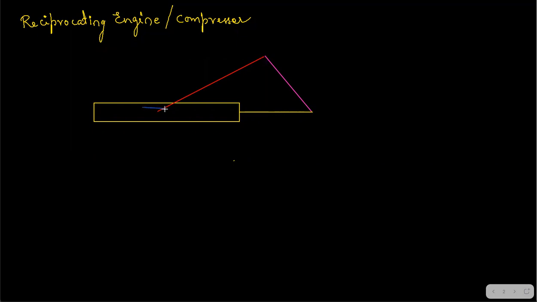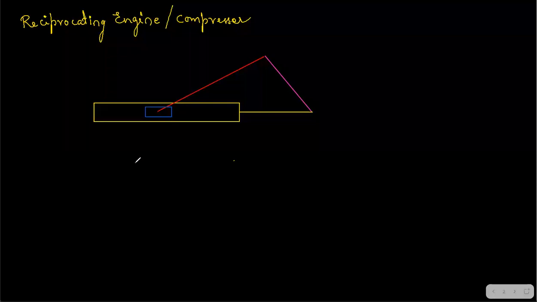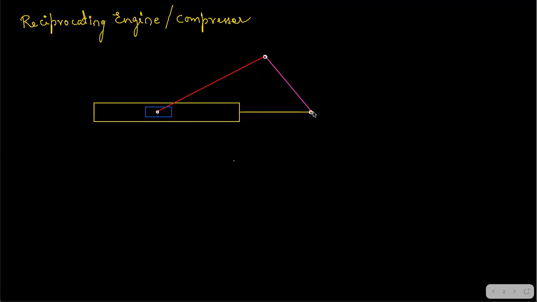Okay, 1 second. So this is your slider done. Now, how are they connected? Kinematically, you can't change anything. It means motion wise, you can't change anything. Motion wise properly, you have to mention that you have a revolute joint here, you have a revolute joint here, and you have a revolute joint here, and you have a prismatic joint here. See, the slider will slide here. The slider will slide in the cylinder.